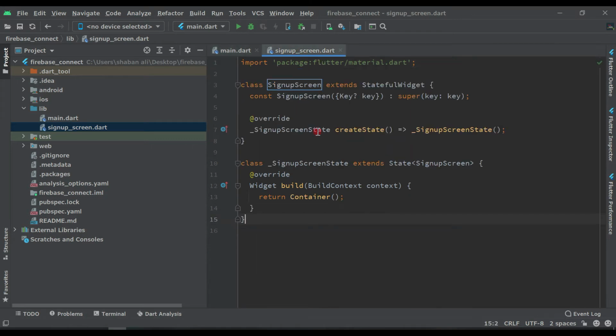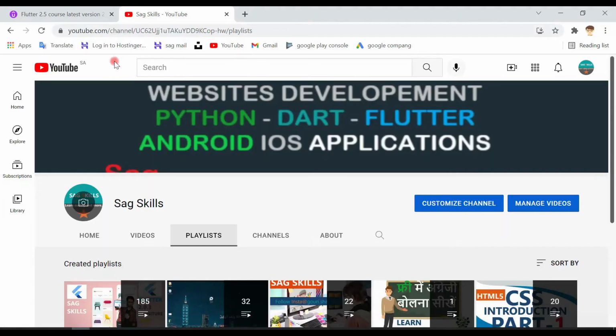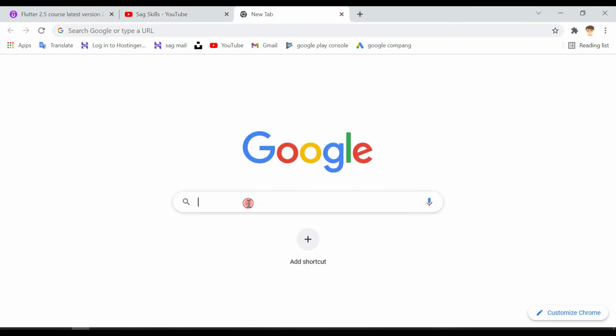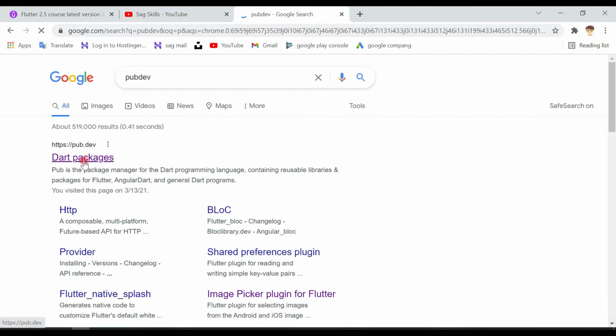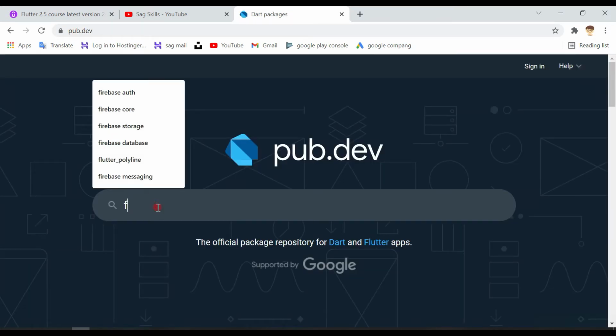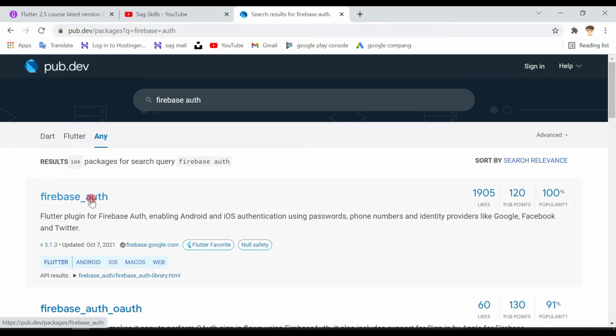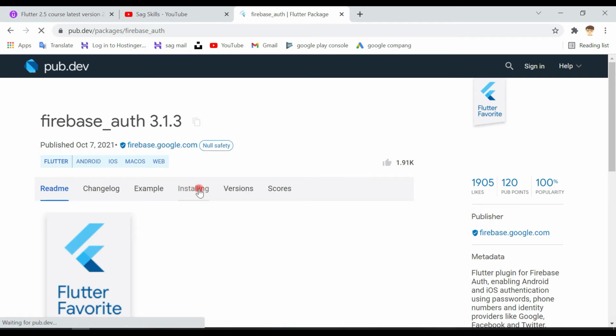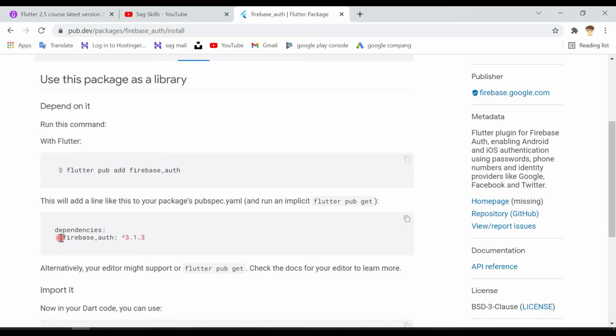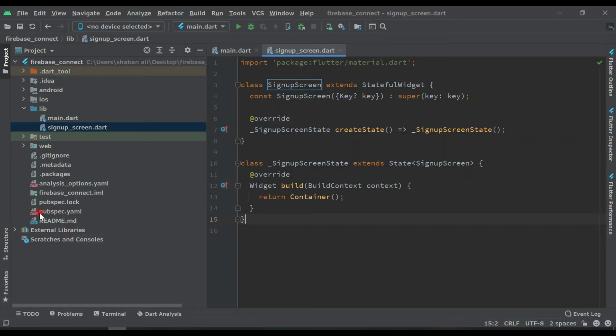Come to the sign up screen. Now to connect our Firebase to this Flutter project, we need some variables and we need some dependencies. Without that we cannot connect our Firebase. So let's add dependency. So come to the Google, right here pub dev, click on this packages, search here Firebase auth, press enter, click on this first one Firebase auth. Now installing, copy this dependency,